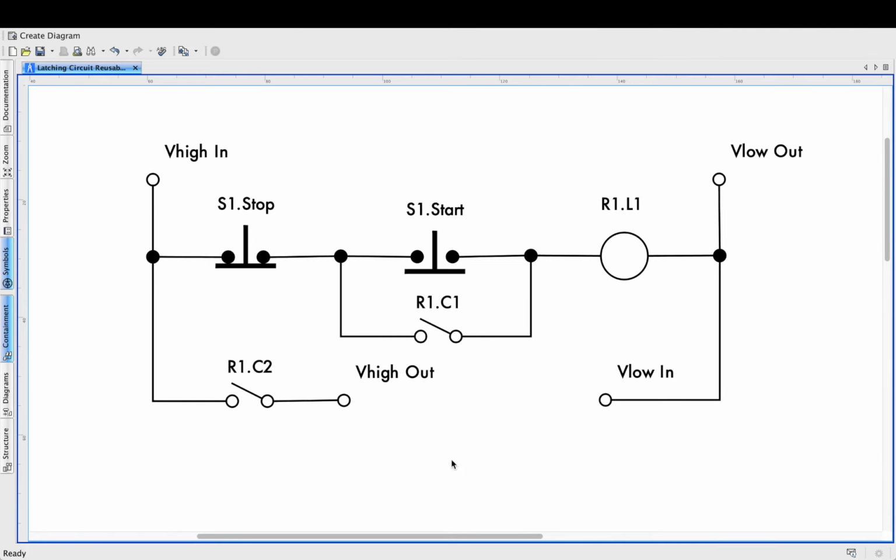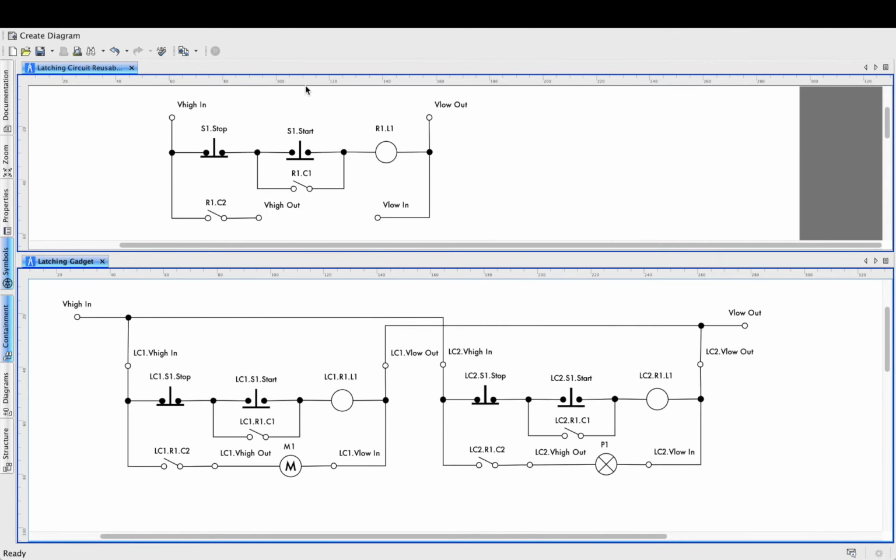To do this, we would need to remove the motor and replace it with a general-purpose interface. Here, this interface is represented by the V-high out and V-low in terminals. We could then reuse this generalized latching circuit in any application we choose. For example, here the latching circuit is used once to drive the motor M1 and once to drive the lamp